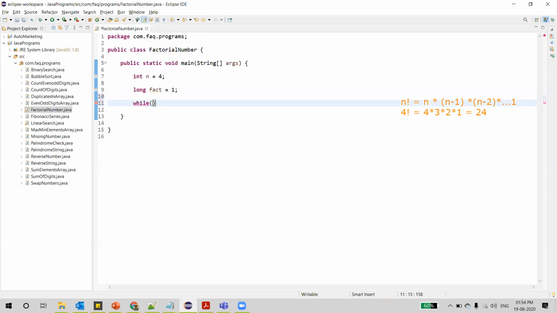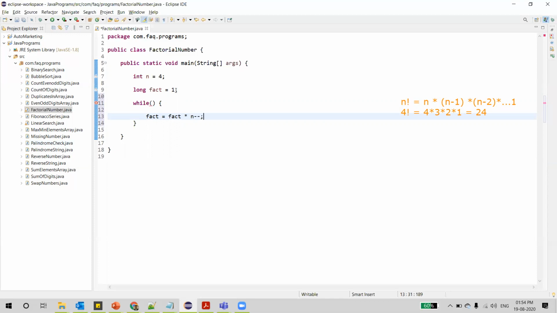Then we'll write a small loop. We'll come back to the condition later, but to find the factorial, we already have one variable, fact, into n. Each time n has to be reduced by 1. For that, we'll use the decrement operator n minus minus, meaning n equals n minus 1.